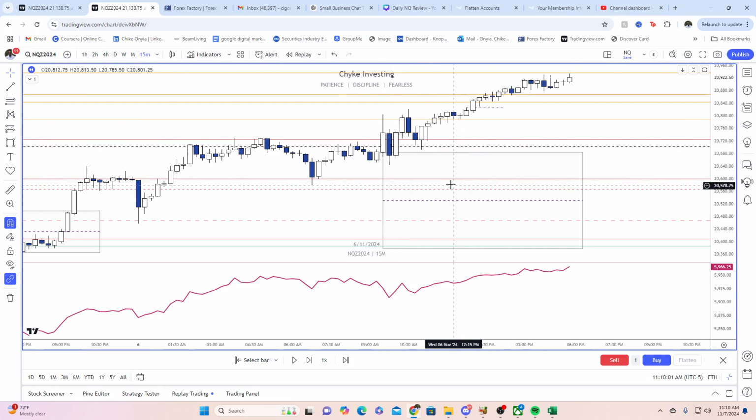See how we kept this open all day and price just continued to range? Like literally 90% of the time when you see this staying open and price did not come down here during the AM session, we just continue to go higher, we're pretty much just going to rally all day. So that would have also informed my trading that I'm only looking for longs. Like I'm not looking for a single short. Even if you see a really nice, good looking short, but we have targets to hit above and we kept this opening range gap open and the broader market context is bullish, you should not be shorting.